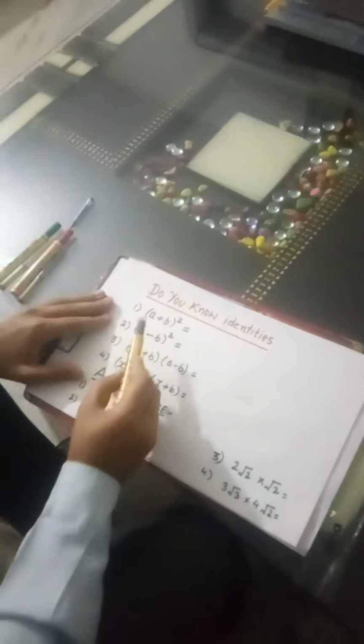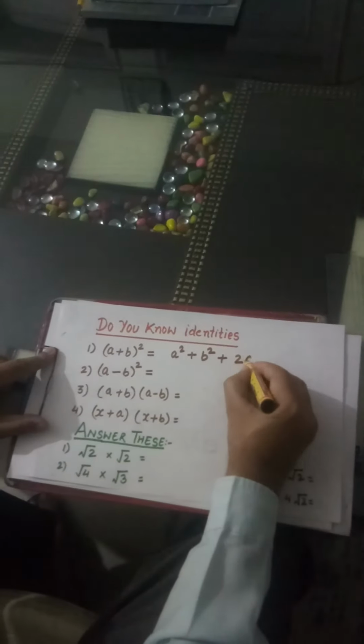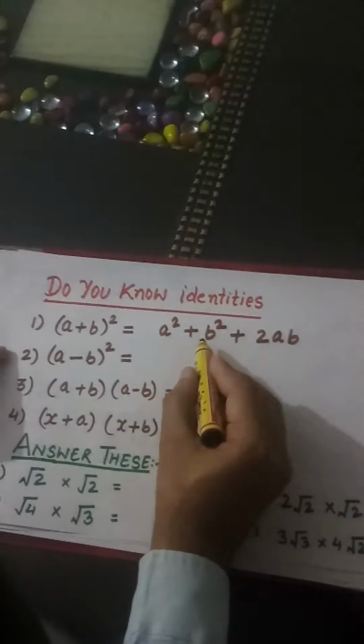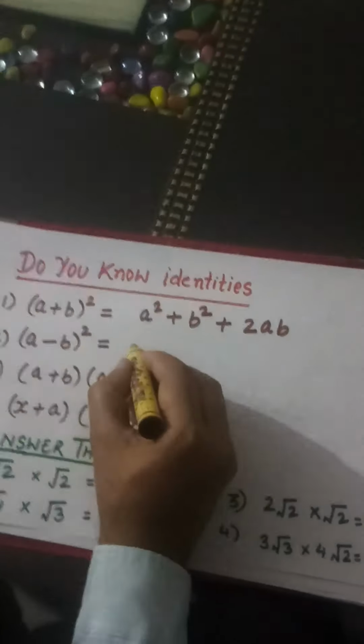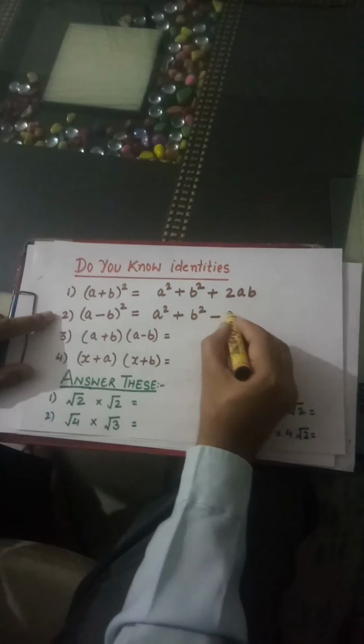Children, do you know these identities? My first identity is a plus b whole square. So how do we expand that? Can you give the answer for that? It is a square plus b square plus 2ab. And what is a minus b whole square? It is just like that only, but only minus sign with 2ab. So it is a square plus b square minus 2ab,